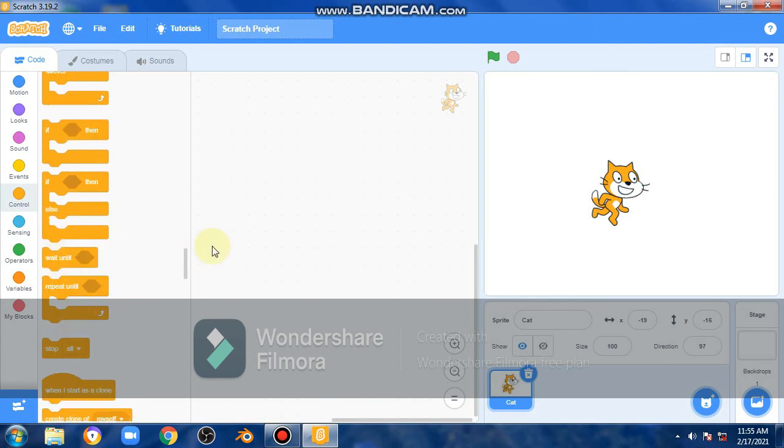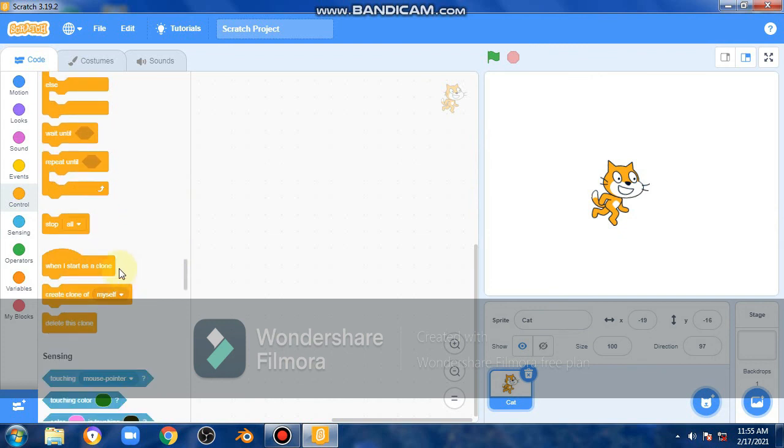Then wait until done, means stop until this or all the codes are over. Repeat until done, means it will repeat and repeat until all the codes are over. Then stop all, means like in a game, I am giving an example, if you are playing and we are out, then everything gets stopped, like music or the other characters.